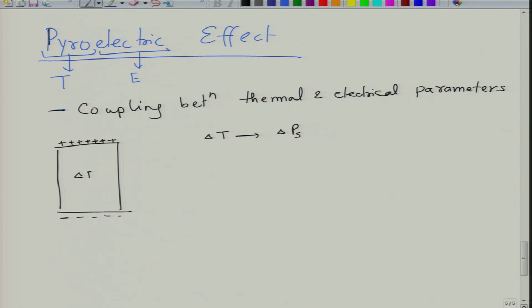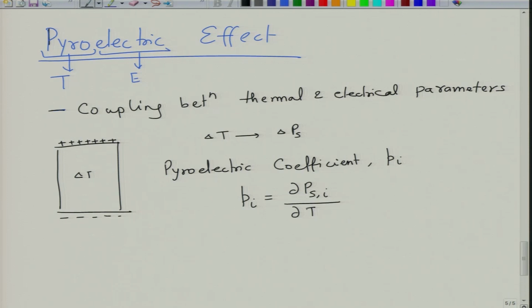So, the change in Ps, which is delta Ps, is nothing but the surface charge density that you have induced as a result of making a temperature change. So, we can correlate a value called the pyroelectric coefficient, which is, let us say, small pi, and this small pi is nothing but the change of Ps, which is a vector, with respect to temperature. So, this is the pyroelectric coefficient pi, which is del Ps divided by del T, where Ps is the